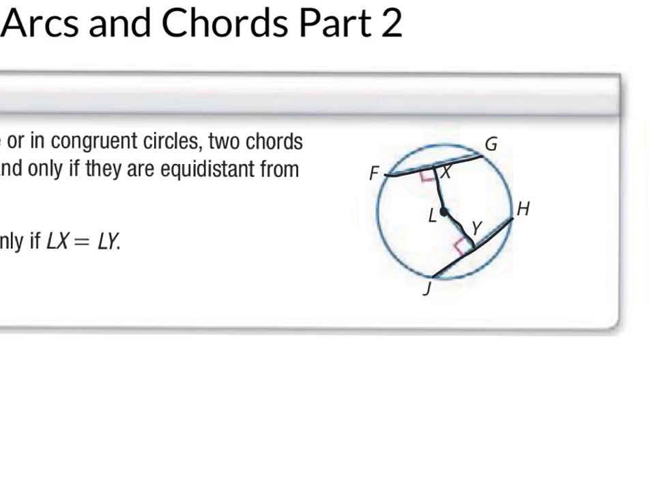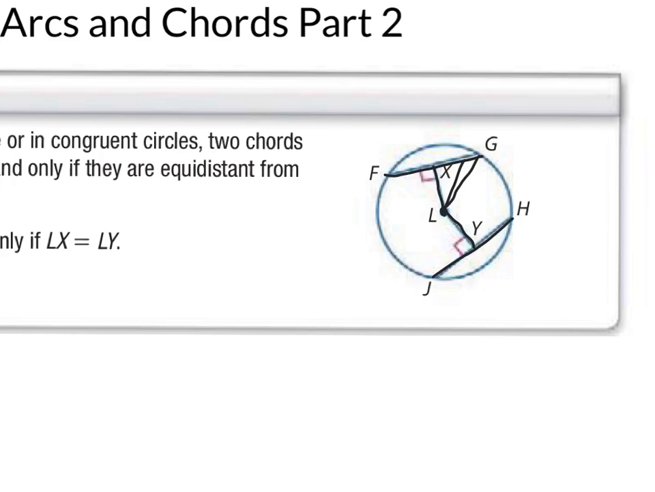Now, of course, there are lots of different lines that you could draw from the center of the circle to the different chords. I could have drawn a line like this or like this, and of course those lines are all different lengths. So when we measure the distance from the point L, which is the center, to the chord, we're going to make sure that that line is perpendicular,